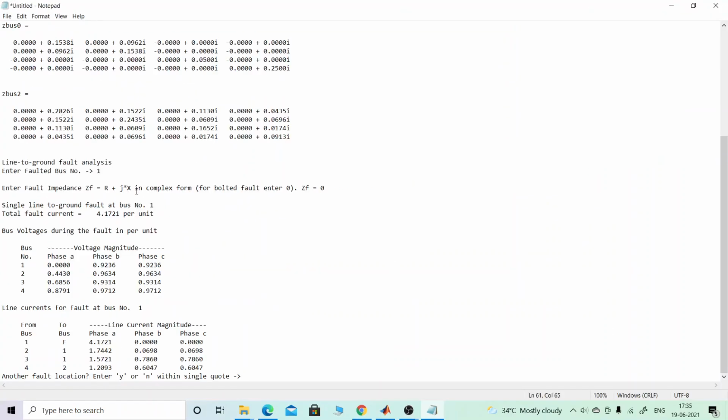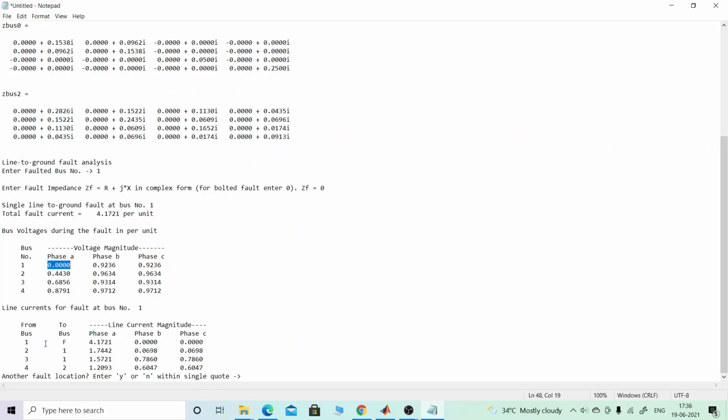These are all the values which I got. Here the total fault current is 4.17. That's the LG fault, and you have to verify what you got from your calculations. You can also observe some other values. What is the magnitude at different values? If phase A has the fault, it becomes 0, and the remaining phases are presented at different buses. So what is the value of the line currents at that moment?